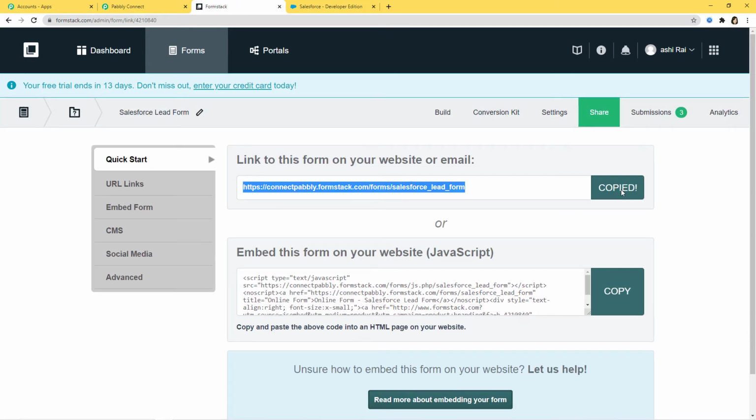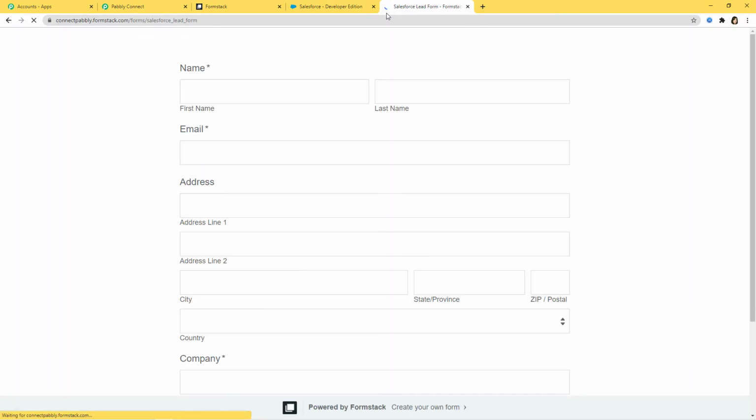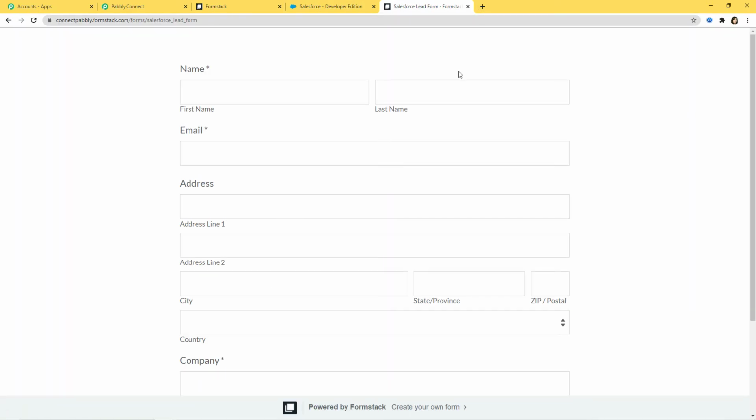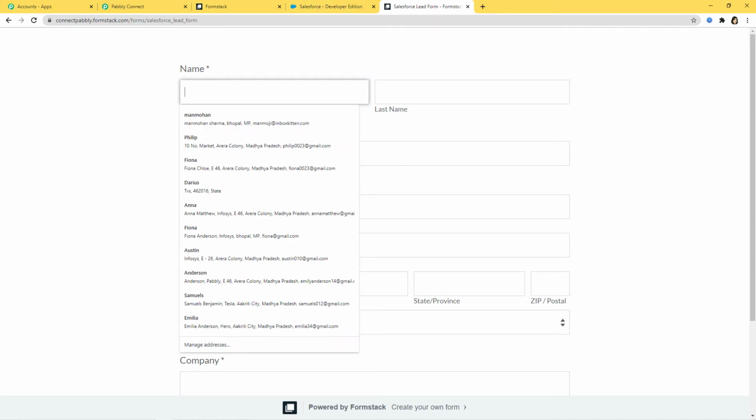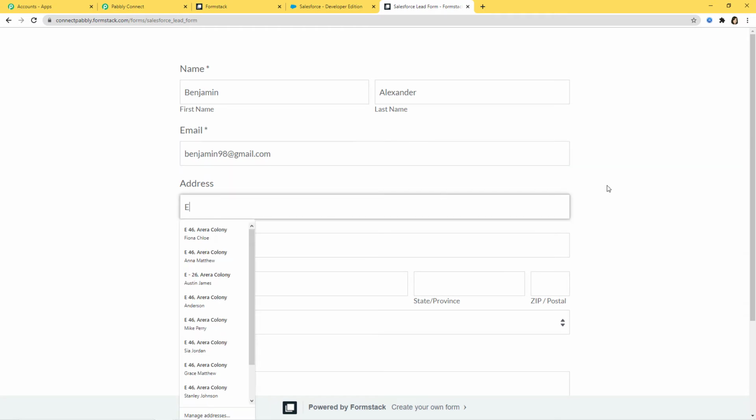I'm just going to copy this and open it in a new tab. Okay, so I have this form here through which I am going to create a new lead in Salesforce. So first name I am going to put Benjamin, last name Alexander, email is benjamin98@gmail.com, address